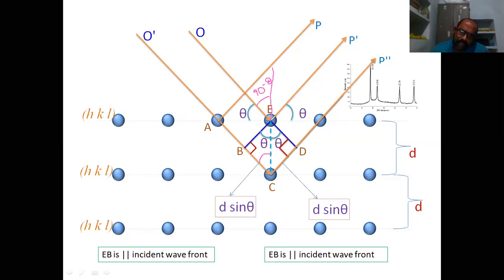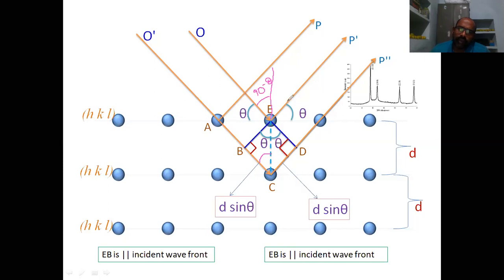So it is one rectangular triangle. AEBC is a rectangular triangle. In the rectangular triangle, this angle is 90, and this one is 90 minus theta. The sum of the three angles in a triangle should be 180, so to compensate, this angle is theta. If we add theta, 90 minus theta, and 90, we get 180 degrees. So in that way, this angle is theta again.